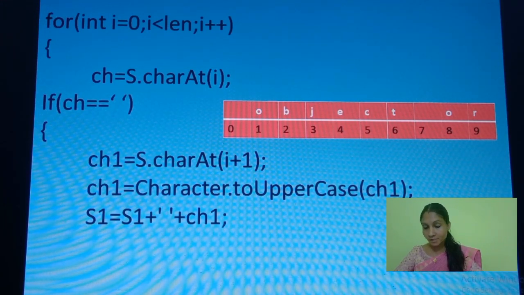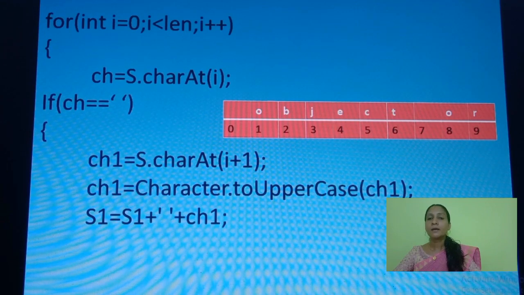What's our first character? We had given one extra space to that sentence. Because of that, from the 0th index you will get a space, and that will be stored into ch. How can you store? Using s dot charAt I means you will get 0 first. Okay, that means from the 0th position you will get a space, and it will be stored into ch.